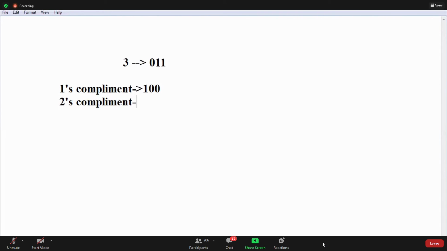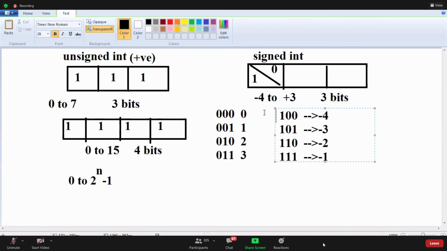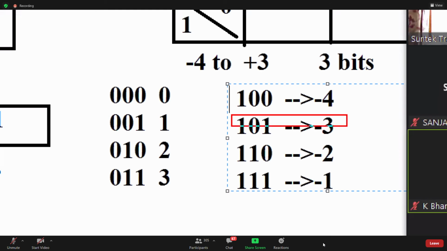If I add 1, we get 1 0 1. This is minus 3. This value, guys, 101 is minus 3.